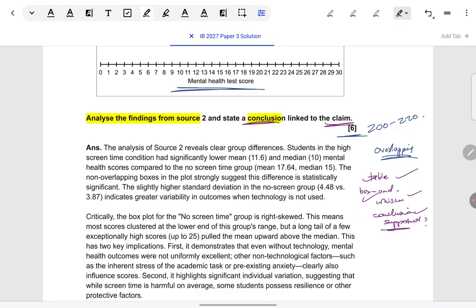Needless to say, be very contextualized in each. The same thing which I told you for the three marker. Don't give general things. Make sure you keep using terms like mental health, healthy, unhealthy, work life balance, anxiety, depression. Keep being relevant to the situation which is given. Don't give generically. For example, don't say the means are very different from each other, so there might be a significant difference. What means are you talking about? Which groups, which means, on which variables are the means? Make sure you are mentioning that. Okay, so be very, very specific.